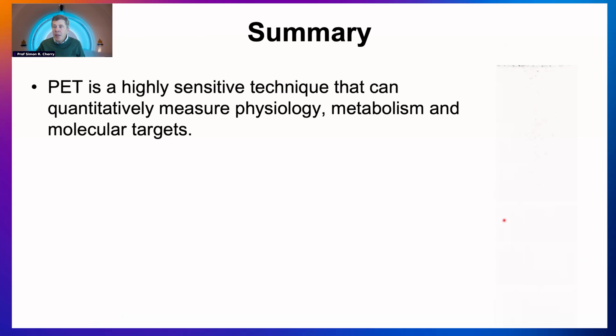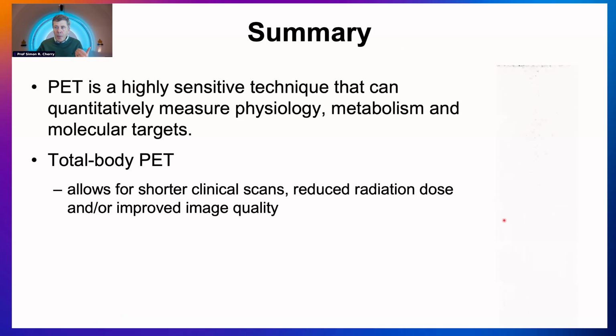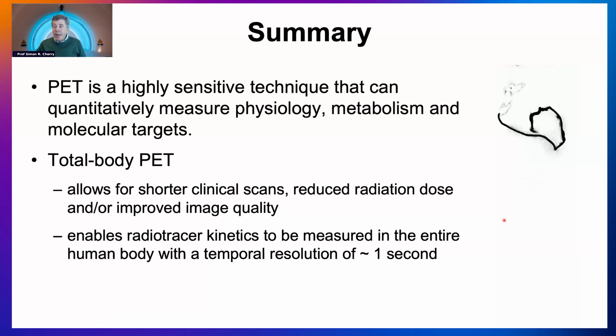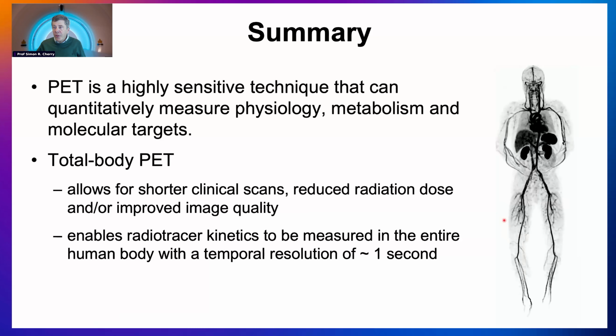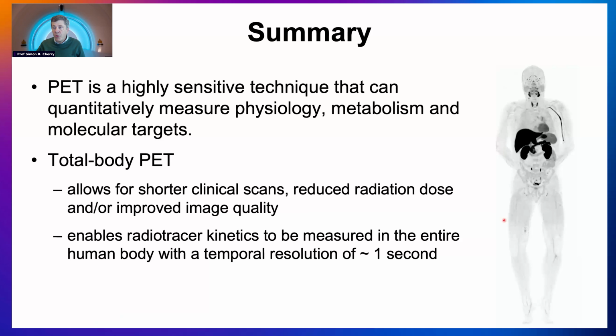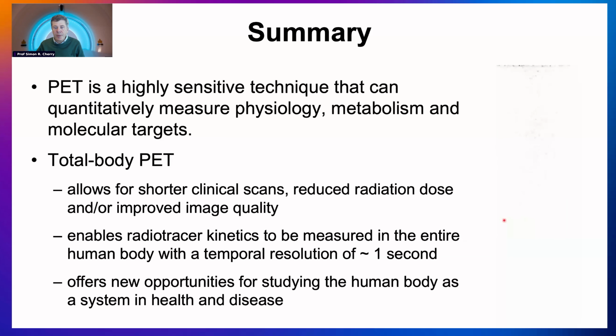So to summarize, PET's a very sensitive technique where we can measure physiology, metabolism, molecular targets. Total body and long axial field of view allows us to get shorter clinical scans, reduce our radiation burden, or improve our image quality. We can now measure radiotracer kinetics in the research setting across the entire body with a temporal resolution as good as 1 second. That opens up lots of opportunities for studying the human body as a system in health